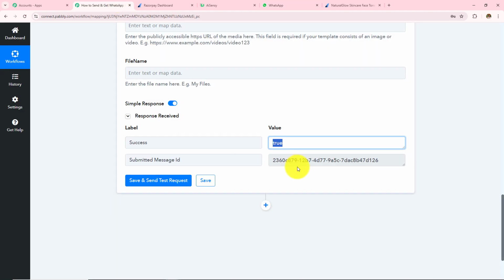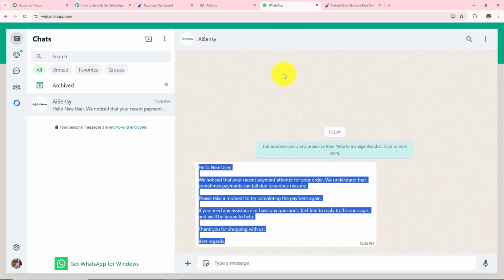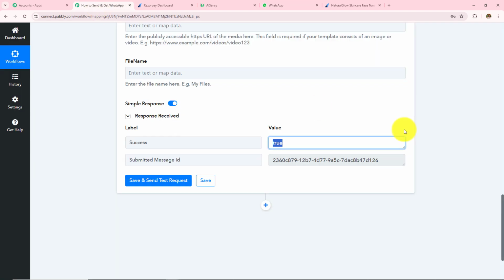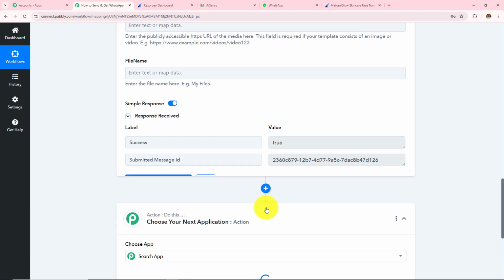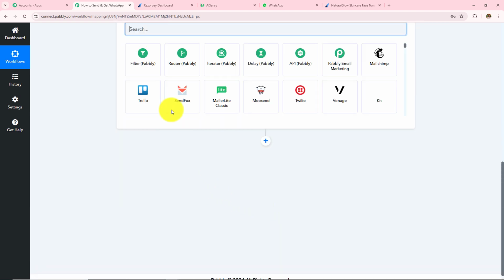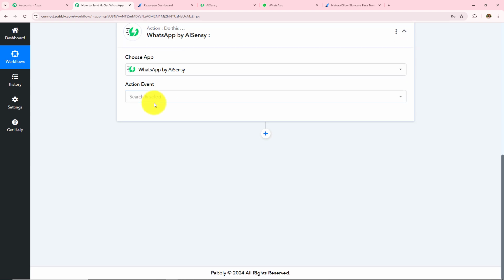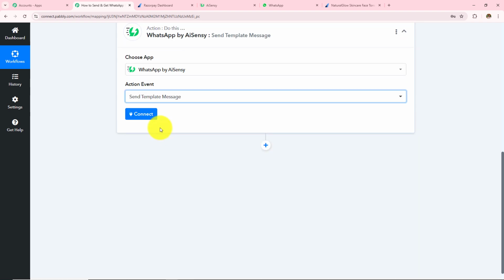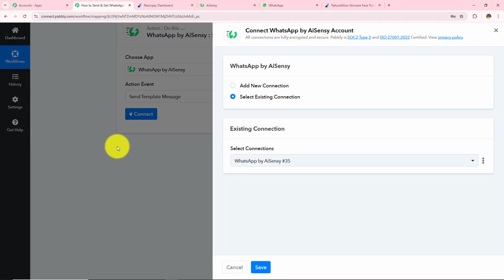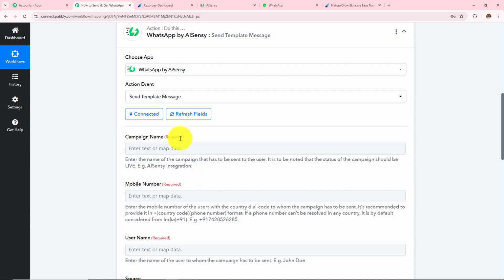Pabbly Connect workflow. So now that I have received this message, I also want to receive the message giving me the details of the lead whose payment has failed. So now I am going to add one more action step, and in that step I am going to again choose AiSensy. And then in my action event, I have to take this send template message and then click on this connect. Now as I have an existing connection, I'll go with save and then I have to enter my